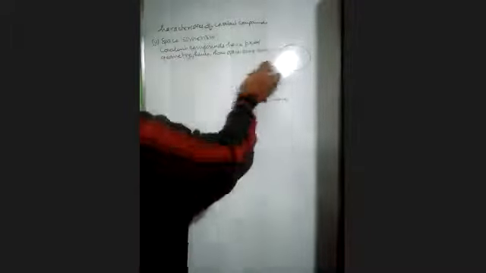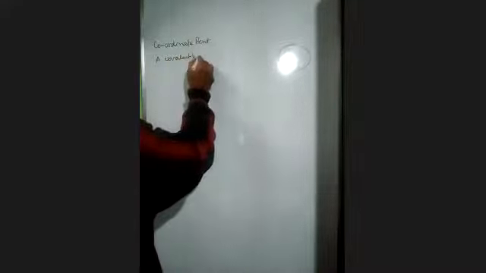So now we'll go for the third category. It's called coordinate bond. Coordinate that you know right now. A covalent bond